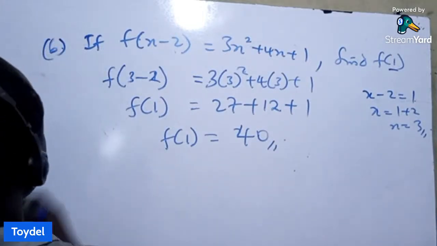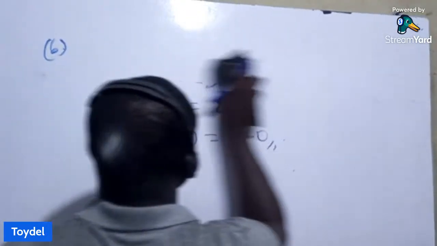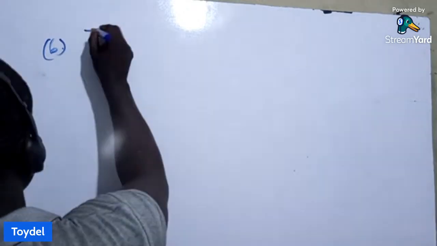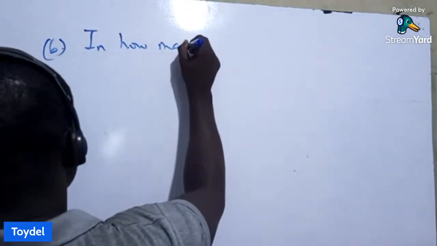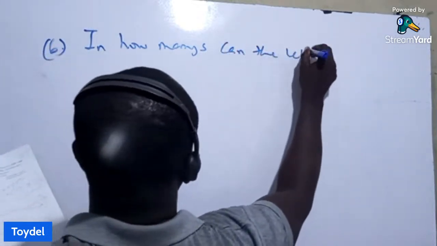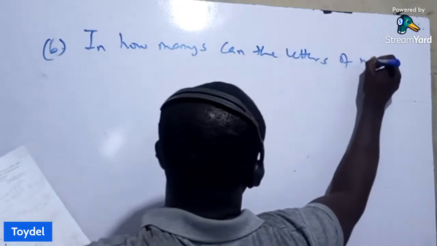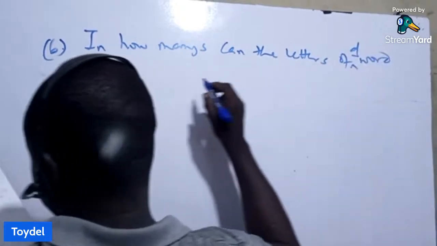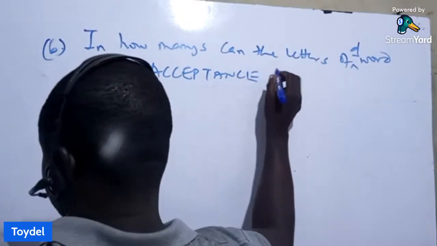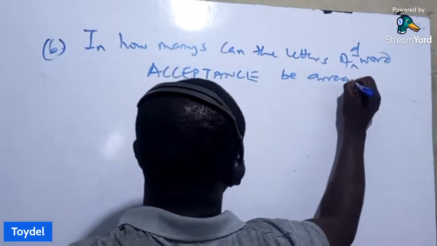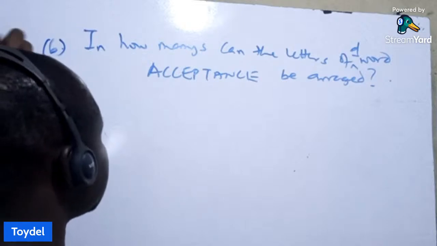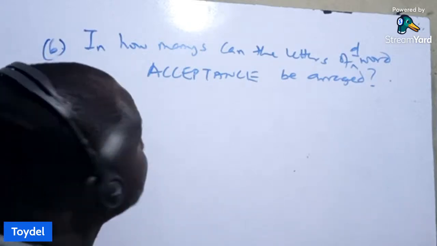Then we take another question under permutation. This next question is under permutation. So the question says, in how many ways can the letters of the word acceptance be arranged? So this question is under permutation